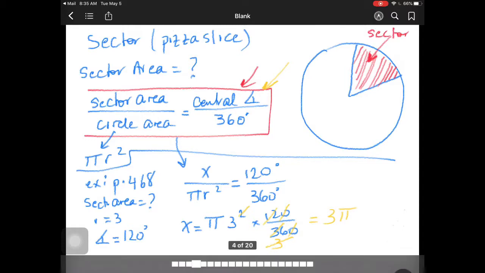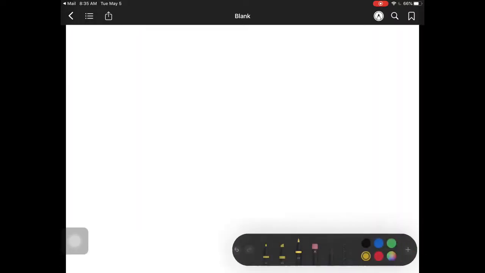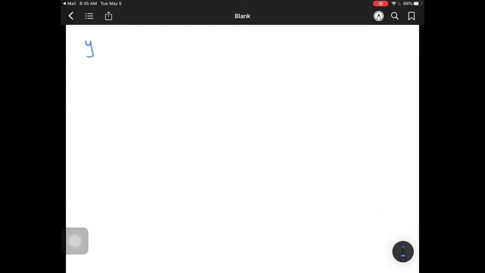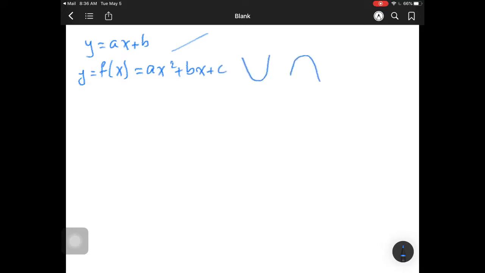Now, we know that y equals ax plus b would give you a straight line. And we know that y, or we can also call it a function of x, equals ax squared plus bx plus c. This would give me a parabola that opens upwards or downwards based on the sign of a. The same thing here for the straight line. It might be going down again based on the sign of a. Anyway,